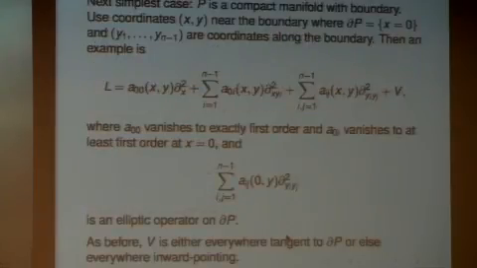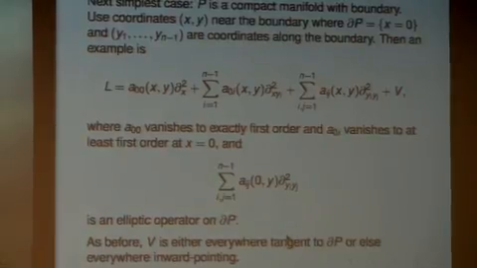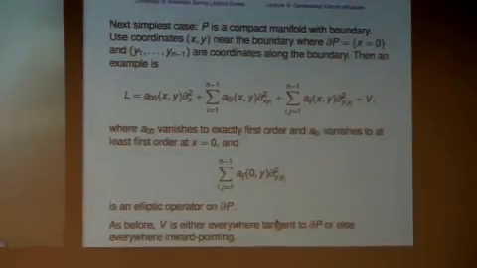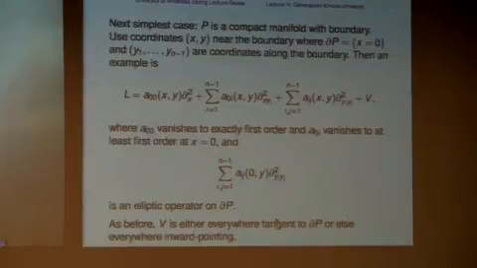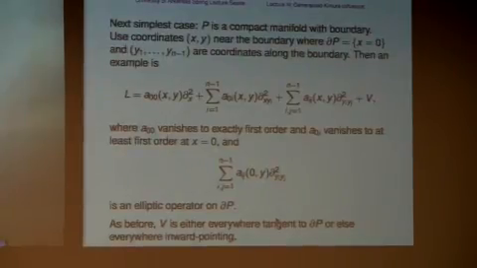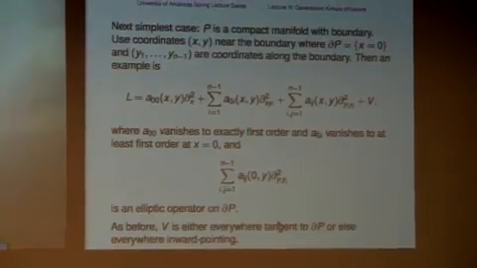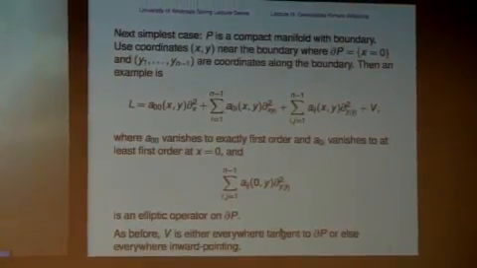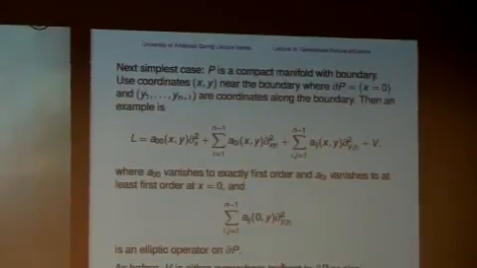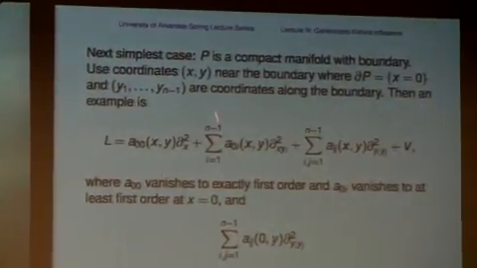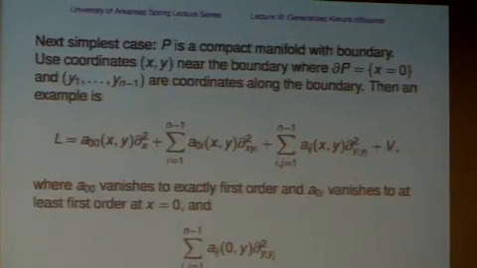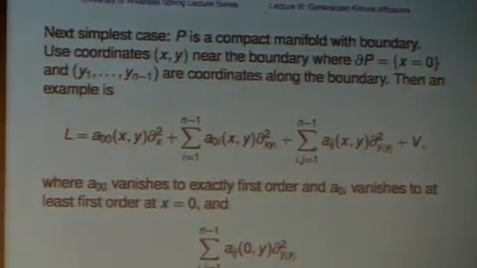Okay. So if I now look at the case where I have a manifold with boundary, before I write down the general formula, which is rather complicated, I wrote down the one-dimensional case on the interval. Now I want to write down the case where I have a manifold with boundary. So there are no corners, so there's only one variable x going to the boundary. And what I'm demanding is the following. The boundary is where x is equal to 0. I use tangential coordinates along the boundary. And here's what the operator would look like.